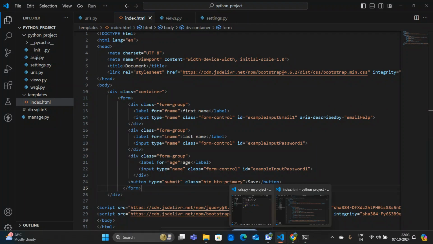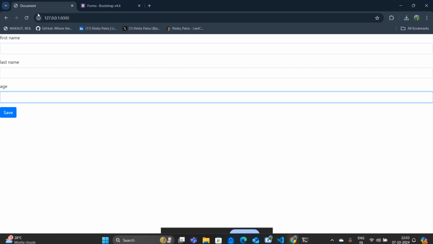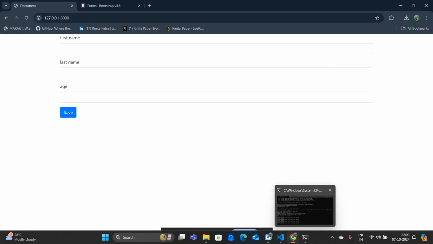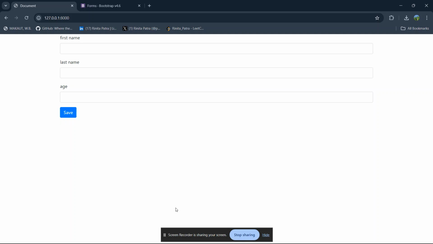If I do this, then you can see we are getting these spaces from the div, because we are taking one div and inside that we are taking this form. So the spacing is looking so good.